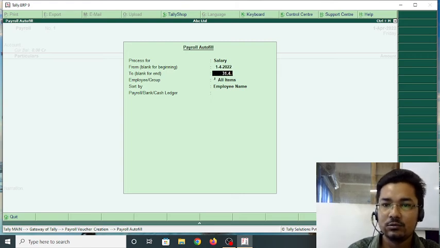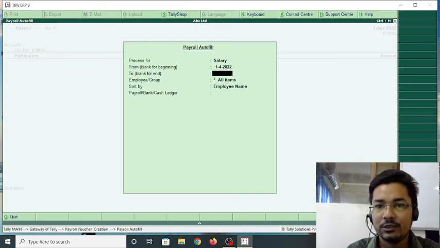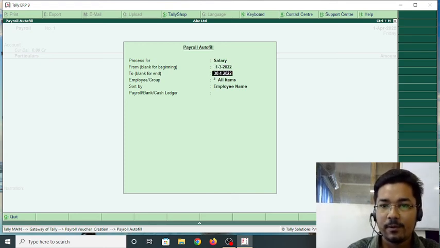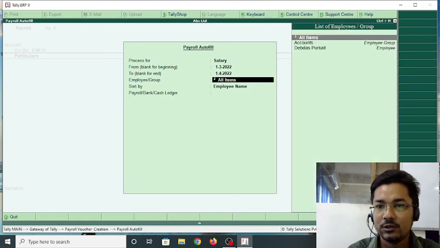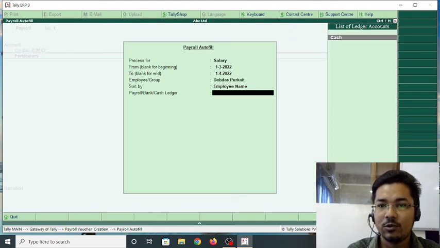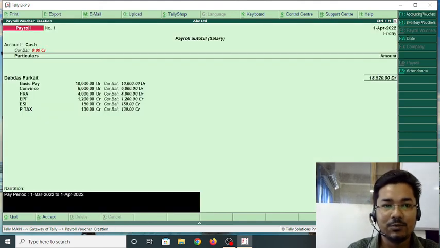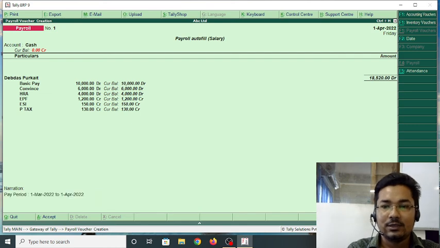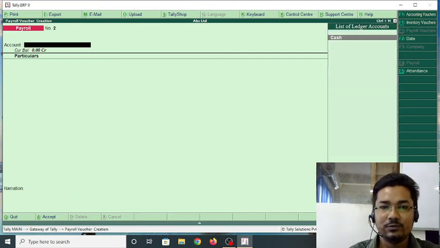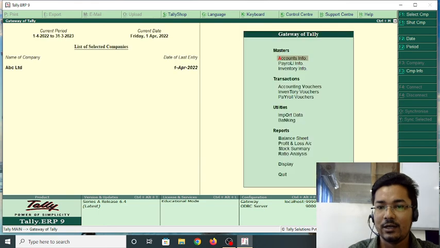It is for the April entry, so the date is 30th April 2022, all items, employee name, cash, and this is the complete salary sheet. And then press yes.